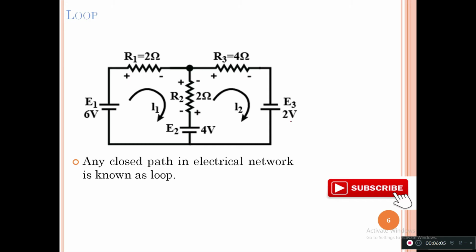Always remember number of loops equals number of meshes, and it is also equal to number of mesh currents. जितने लूप होंगे उतने ही आप mesh current define कर पाएंगे या उतने number of mesh define कर पाएंगे। ठीक है, तो यहाँ पे 2 क्लोज पाथ थे, इसलिए हमने बोल दिया कि ये 2 लूप हैं, और यहाँ पे 2 mesh current फ्लो कर पा रहे हैं, इसलिए यहाँ पे भी mesh कितने हैं, 2। Okay, so there are 2 loops in this particular network.